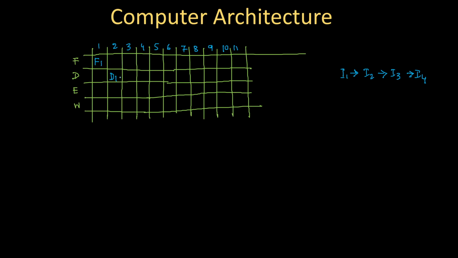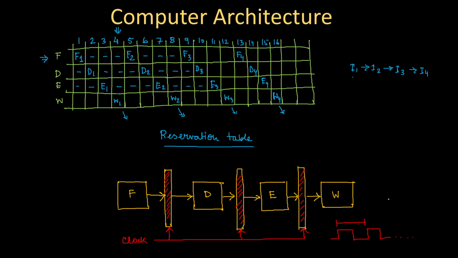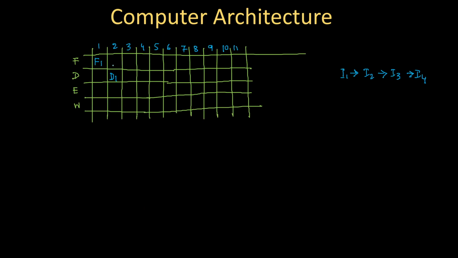Now here I have the change. In the previous case I assumed that while decoding of instruction 1 is going on, fetching will not start until write back of instruction 1 is completed. But with respect to the current, updated version of the diagram, we have seen that I can start fetching the next instruction when I am decoding the current instruction. So when decoding of instruction 1 is happening at the second clock cycle, I can start fetching 2. Right.